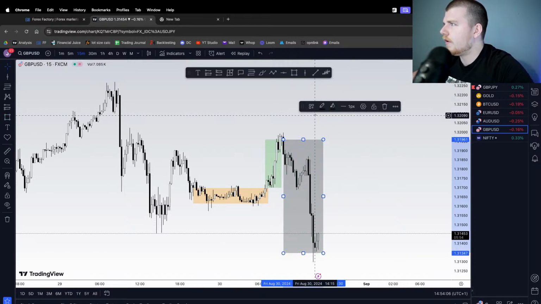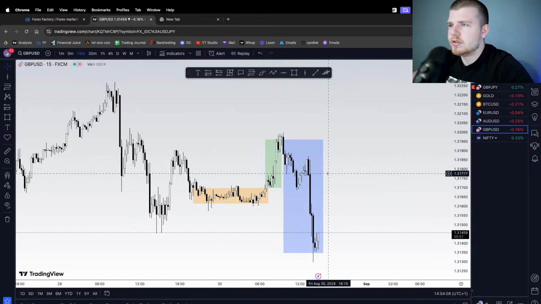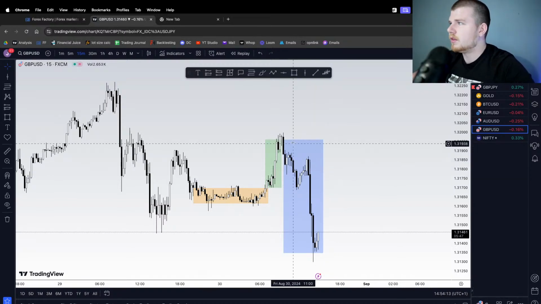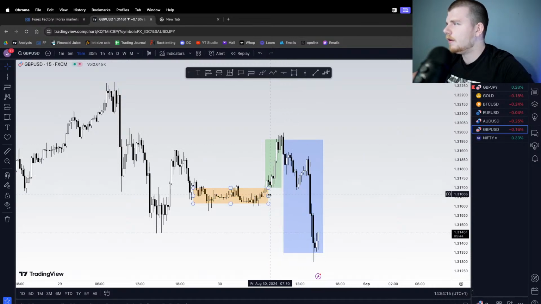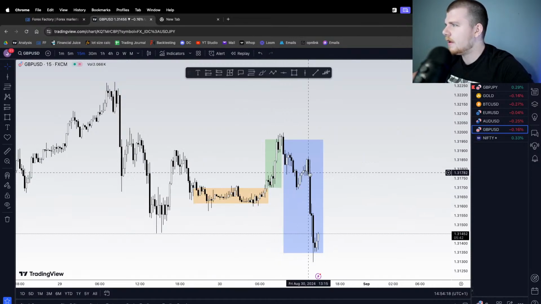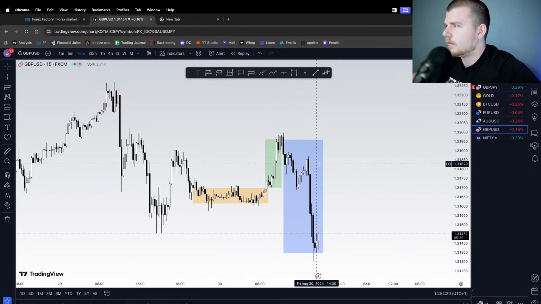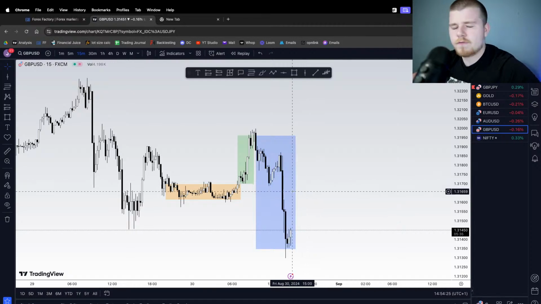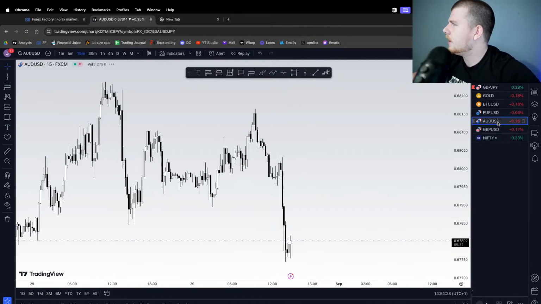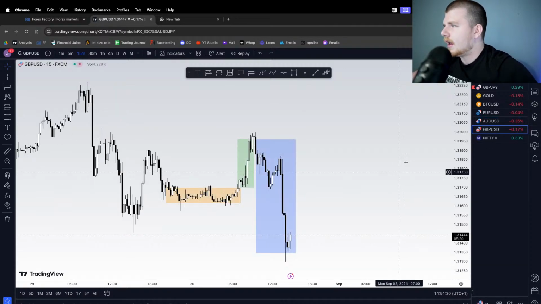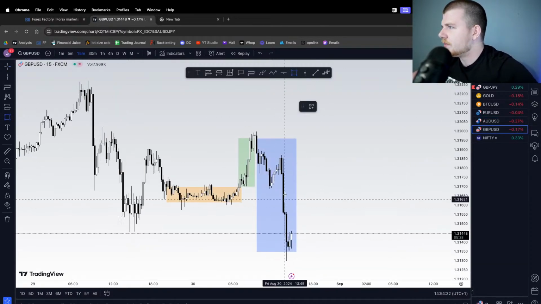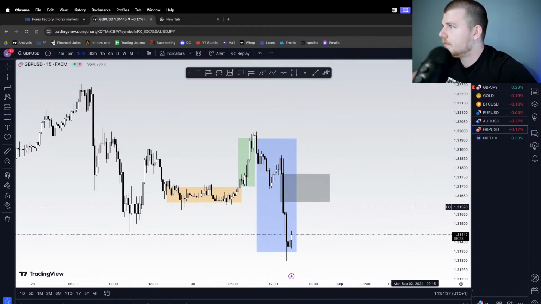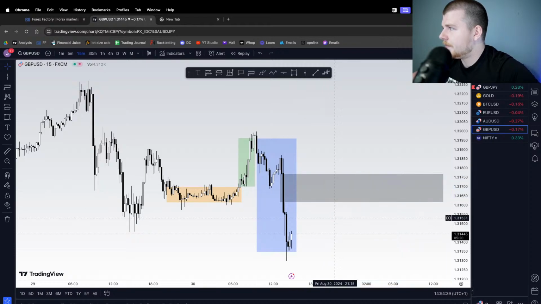And I think, in fact, one of our students in the premium chat caught this. I caught this as well, but they got in a bit earlier than I did. I got in around about here. Again, another easy winning trade. I'm trying to remember who it was. I can't remember the name. But yeah, again, we're looking at reversal or consolidation. My bet is we come back up to here and then kind of consolidate. We've got a fair value gap right here.